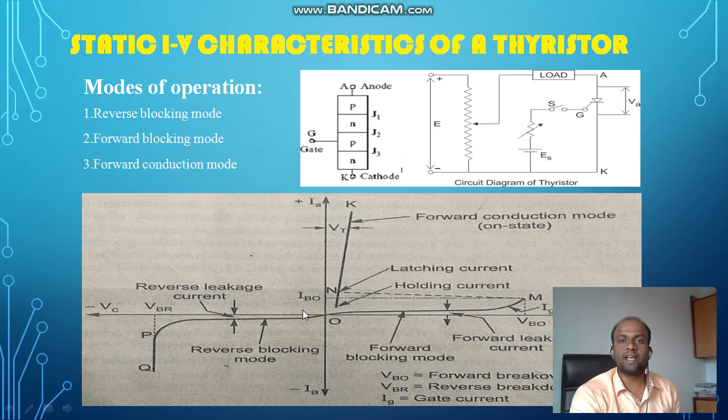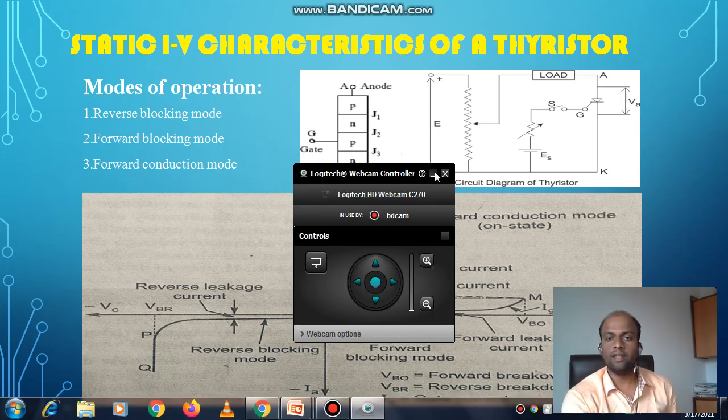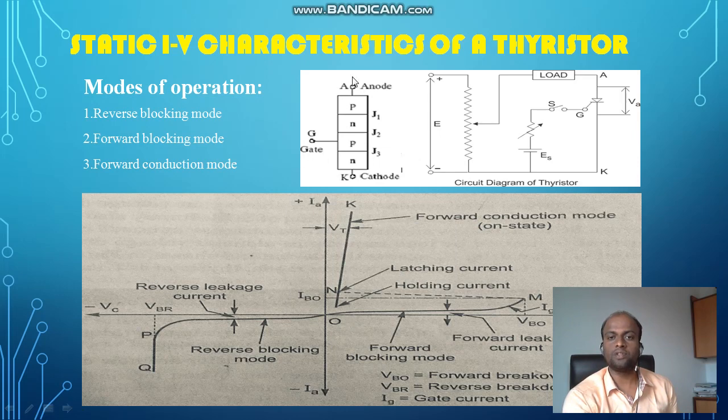So we have seen this diagram, and from this diagram we can see that when anode is positive and cathode is negative, then as we go on increasing voltage, still it is not conducting because junction J2 is reverse biased. At this point breakover will take place and then it will start conducting, right? But it is a huge voltage. Again, it can damage the device. So we wish to turn on the device with very less voltage. This is voltage, the X-axis is the voltage.